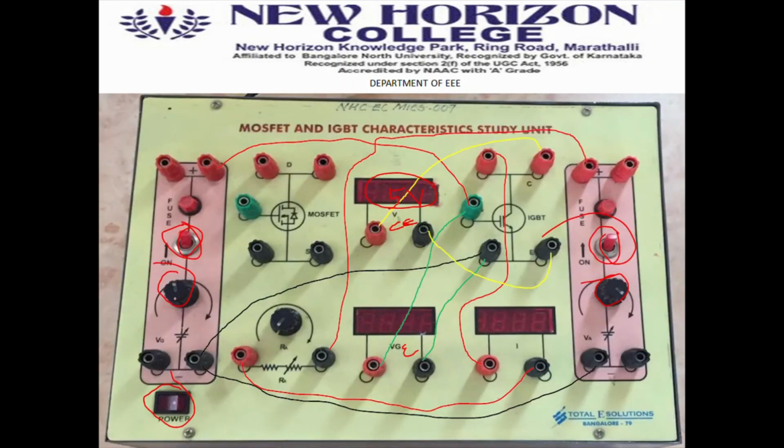Then after that, increase this in steps of 0.5, or you can increase the value in steps of 0.2. As I keep increasing this voltage, the current shows a value of 0, or the value of leakage current. Now the voltage between gate and emitter reaches the value of threshold voltage. For example, let's say the threshold voltage for this particular IGBT is 5 volt.